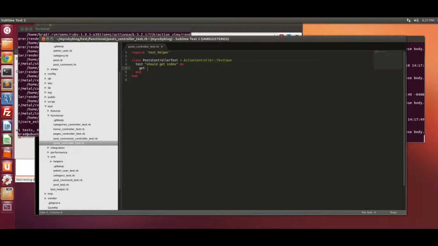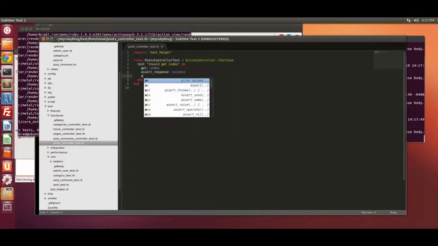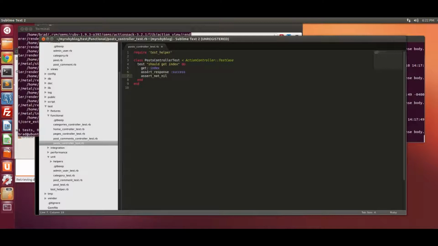And we want to say get index and assert response. And that should be success. And assert, make sure it's not nil, that assigns, and we should put posts. So what this is doing is just making sure that the index method of the post controller is accessible. So if we save that,